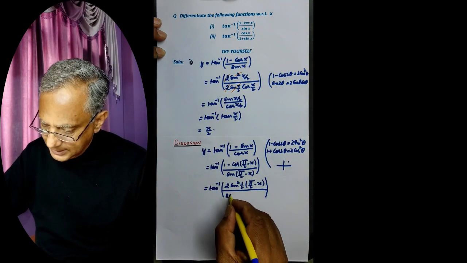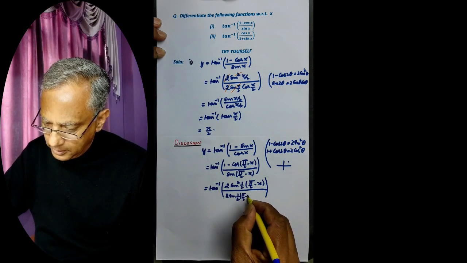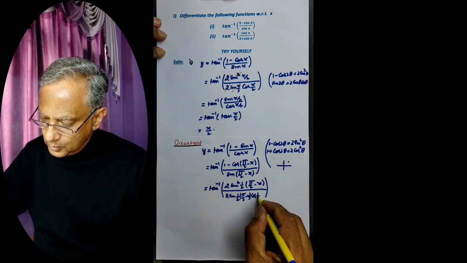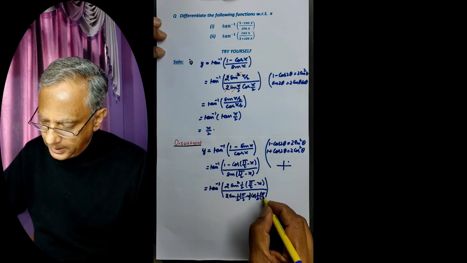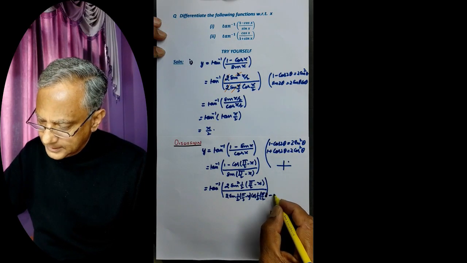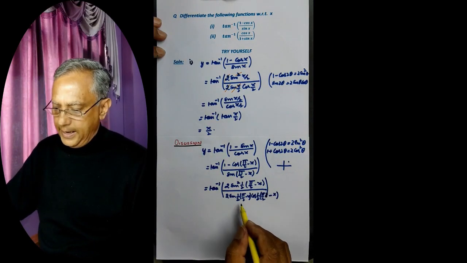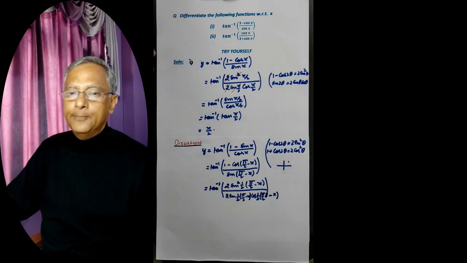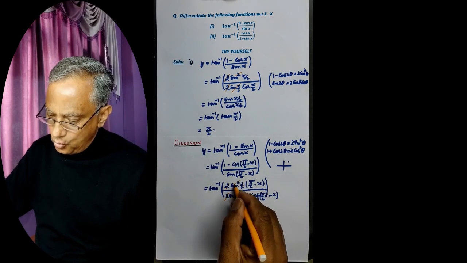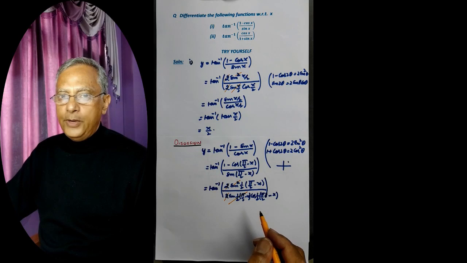So we can write this as 2 sin 1 by 2 of pi by 2 minus x into cos of 1 by 2 of pi by 2 minus x. Now 2 cancels with 2 and this cancels with this, and we are left with,